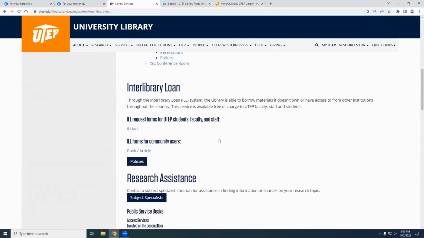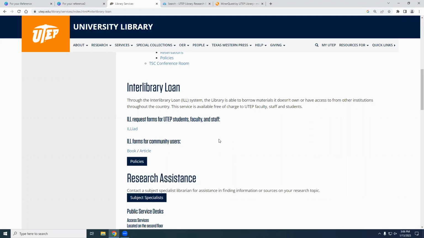So I keep saying interlibrary loan, but I haven't really described what that means. Interlibrary loan is basically this awesome agreement between us and libraries all across the world where we agree to share our collection with them and they share their collections with us. So we send books out to other institutions and they send stuff to us, and it's super helpful because it means that if there's something that exists out there, chances are we have the ability to get it for you. The thing about interlibrary loan is you want to plan ahead.